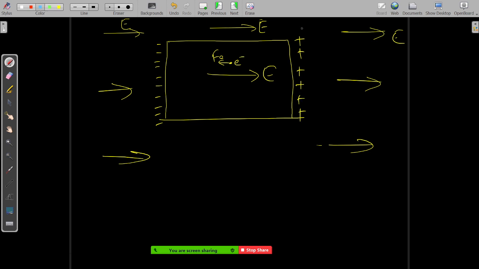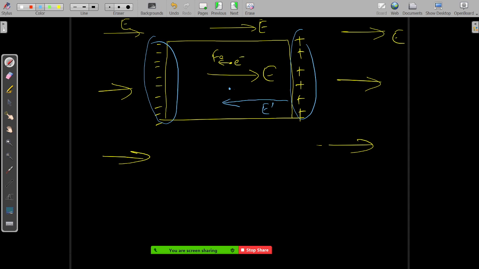Since this part becomes positively charged and this part becomes negatively charged, there will be another electric field getting generated, right? So this E dash goes on developing inside the conductor. Since we have a lot of electrons in the conductor, a lot of electrons will go on accumulating on the left hand side. This will happen till a point comes when no electron is going and accumulating there.